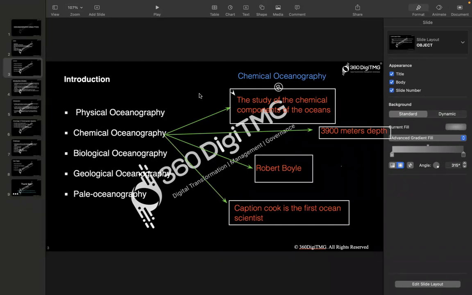So this was a little bit about chemical oceanography. In detail, I will explain. So the origin of the study of the chemicals of the ocean, frequently termed chemical oceanography or marine chemistry,